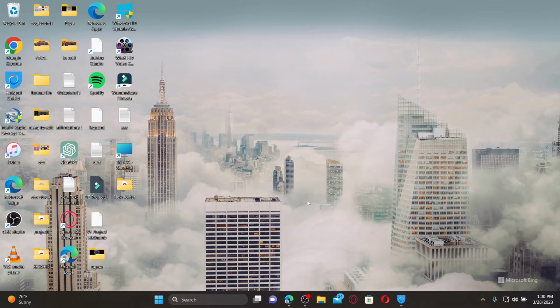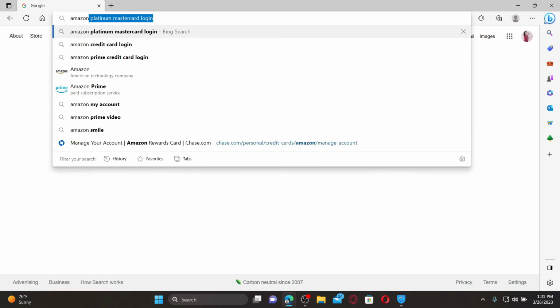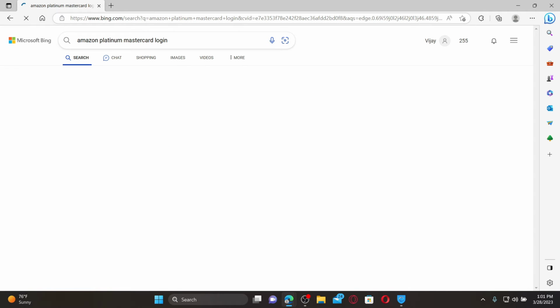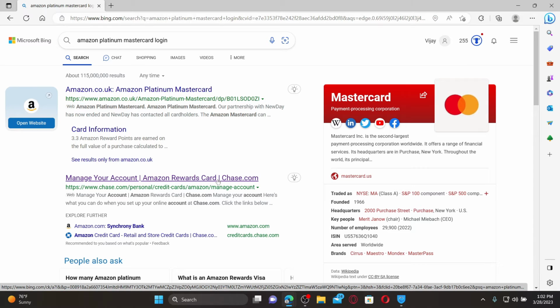You can log into your Amazon Platinum Mastercard account by visiting the chase.com website. Open up a web browser of your choice and in the web address bar, type in Amazon Platinum Mastercard login and press enter. From the search result, click on this link where it says Manage Your Accounts, Amazon Reward Cards,